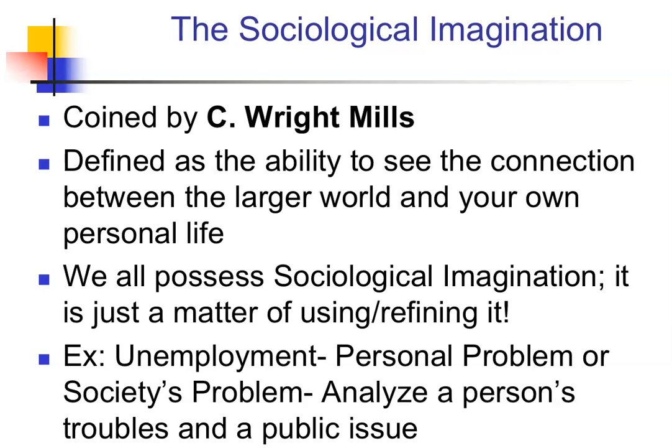So C. Wright Mills basically says that you have to understand that people have gone through all sorts of things during their lifetimes. Sometimes it's more on the personal level, but sociology really says it's probably also at a large group level, and it's had all sorts of impacts on these people's lives. Think about COVID. COVID is impacting all of you individually. Some of you have perhaps had individual experiences with it. Some of you have not. But you've all been impacted by it, right?